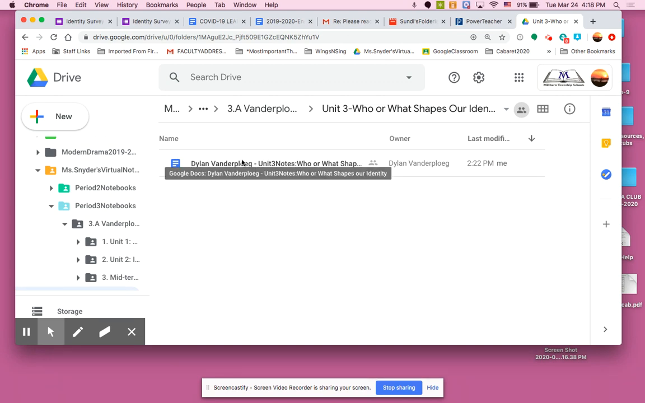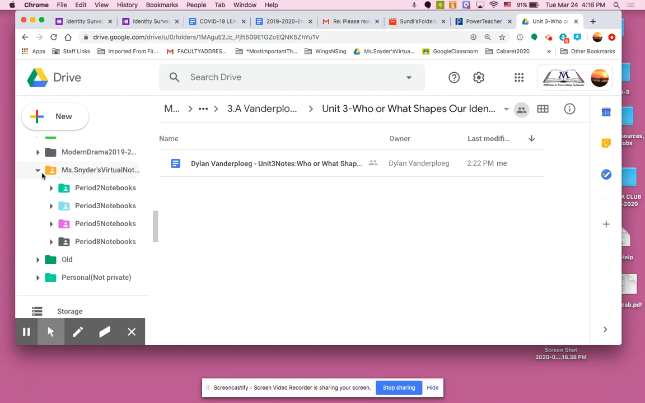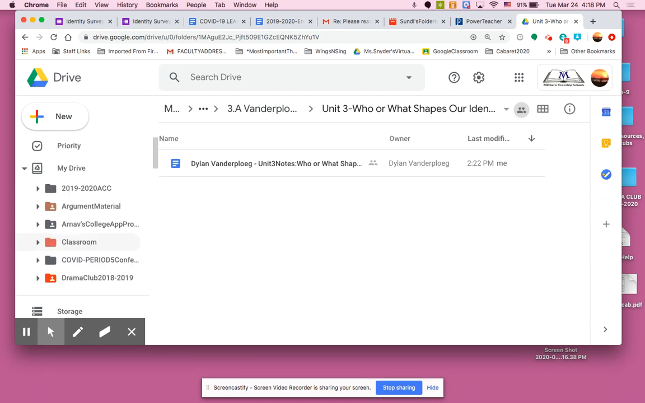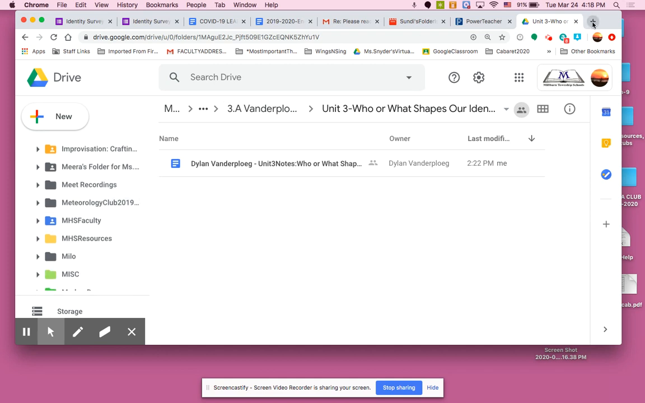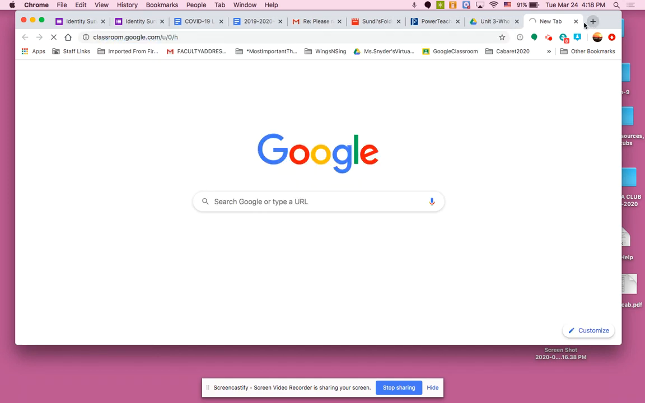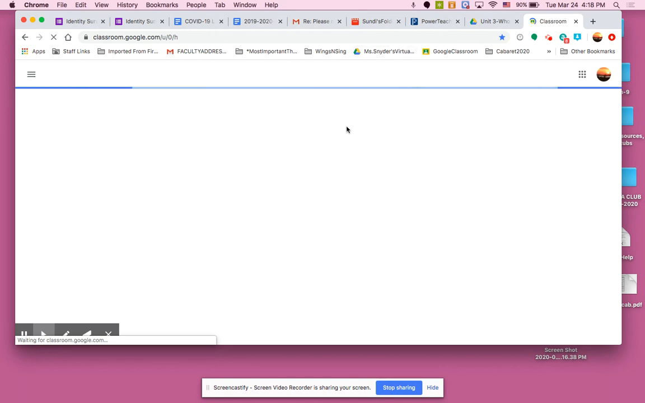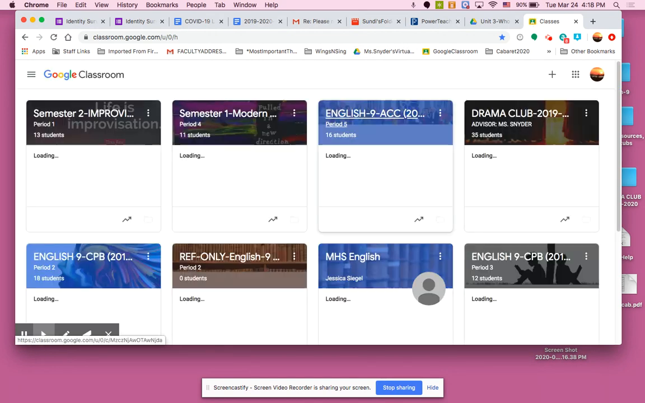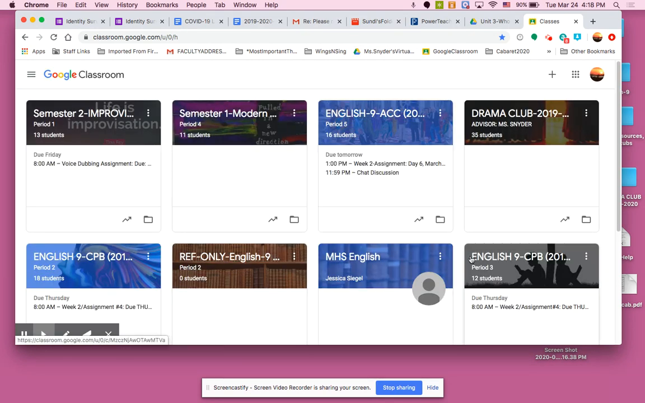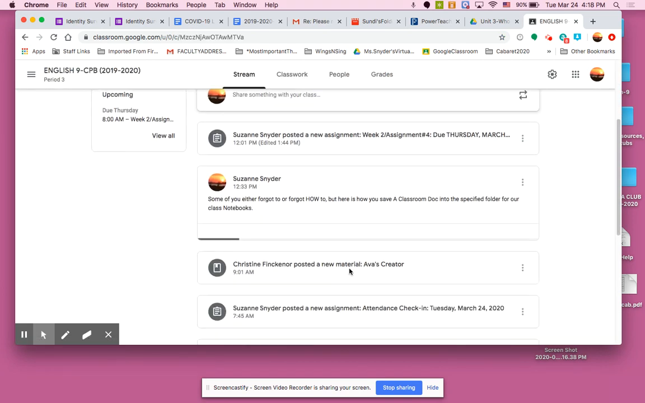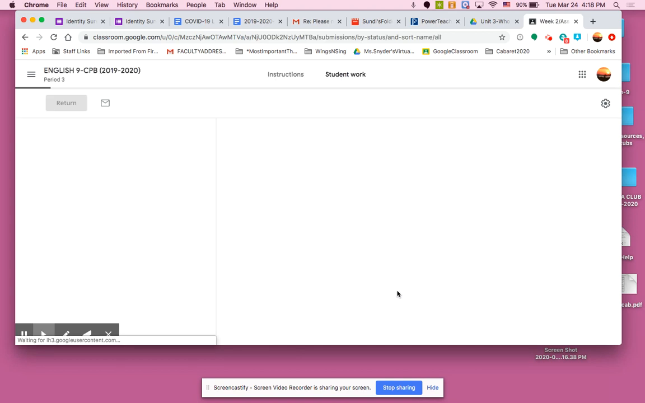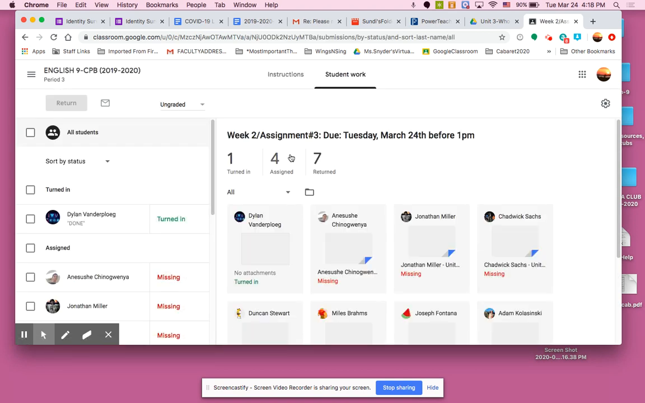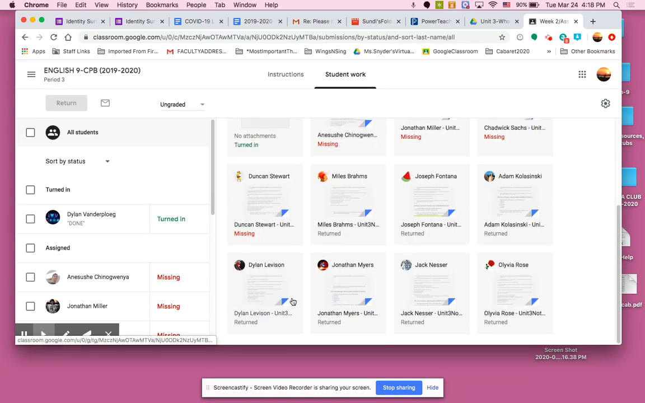All you wanted to do was organize it so it's in this folder. So the way to do that is you have to go to your classroom doc where you originally were. So if you go to classroom, and this is going to take a second, if you go to classroom and you go to the assignment that was due today, which is assignment number 3, and I go on your doc here,